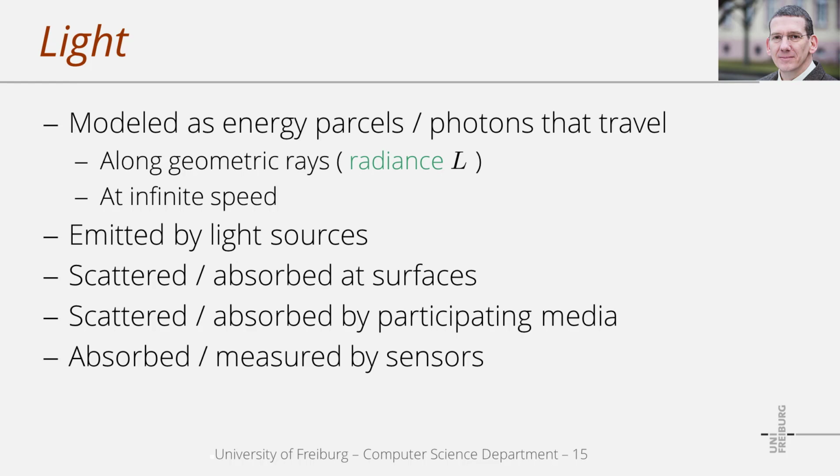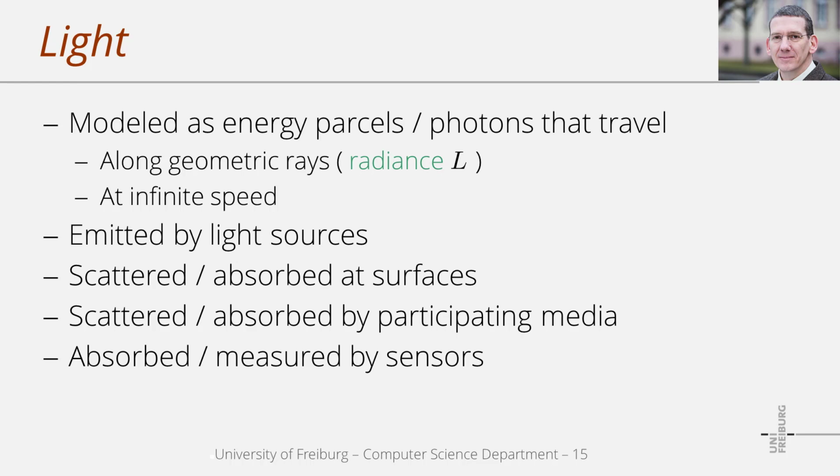Later in this course, we will see that the intensity and also the color of light that moves along a certain line can be expressed with the radiance L, which is a radiometric quantity. The term infinite speed refers to the fact that we are not interested in simulating the actual movement of photons. Instead, in image synthesis, we compute equilibrium states. We are typically interested in computing the number of photons within a given time frame that hit a certain area